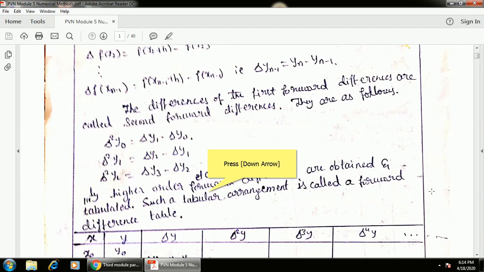Second order forward difference of the function at y0 is equal to delta y1 minus delta y0. Similarly, second order forward difference of the function at y1 is delta y2 minus delta y1, and so on. Similarly, we can define the higher order forward differences,